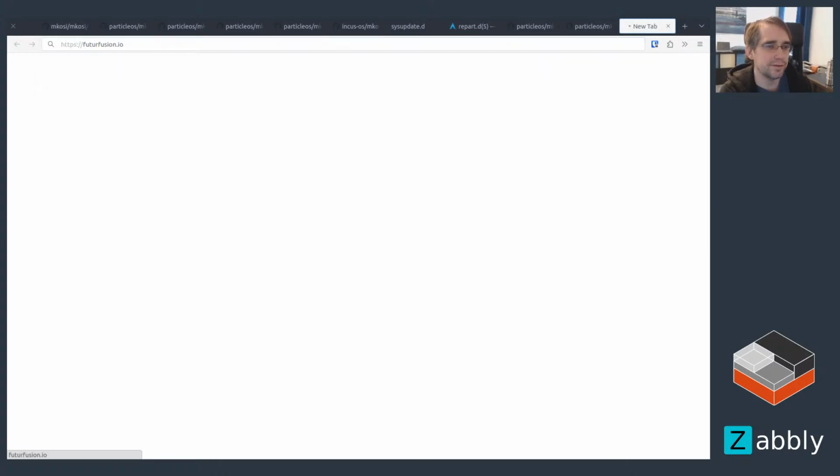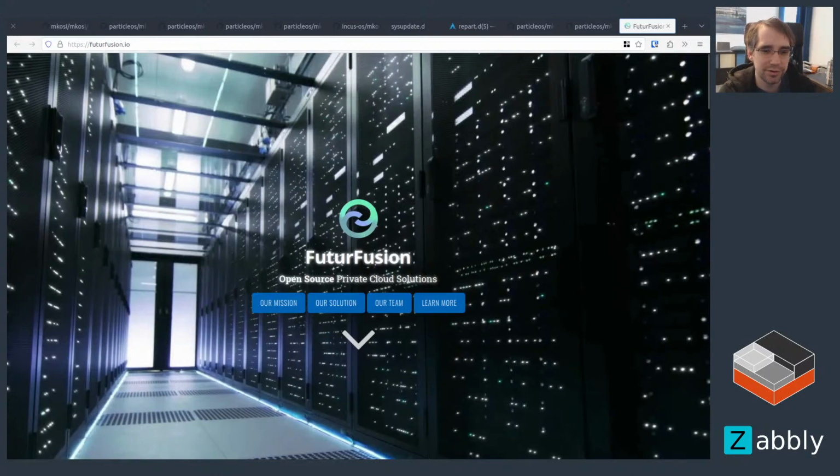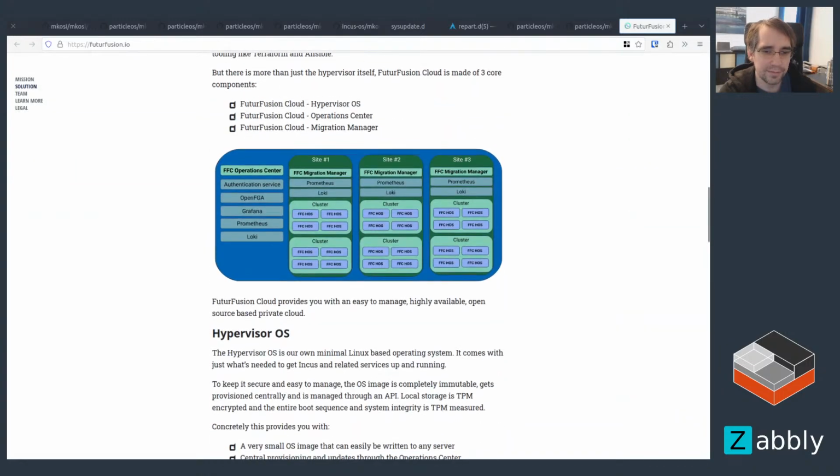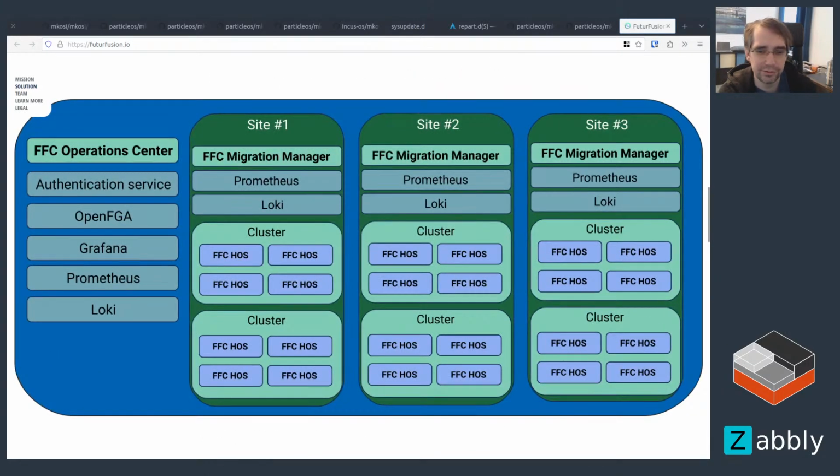For anyone who wants to actually go look at the high level view of that, that's the Future Fusion website. And there's the diagram here of the infrastructure. So FFCHOS, which is Future Fusion Cloud Hypervisor OS, is effectively Incus OS, just a rebranded, rebuilt version of it as part of that solution. And that then connects to the Operations Center, at the top left here,